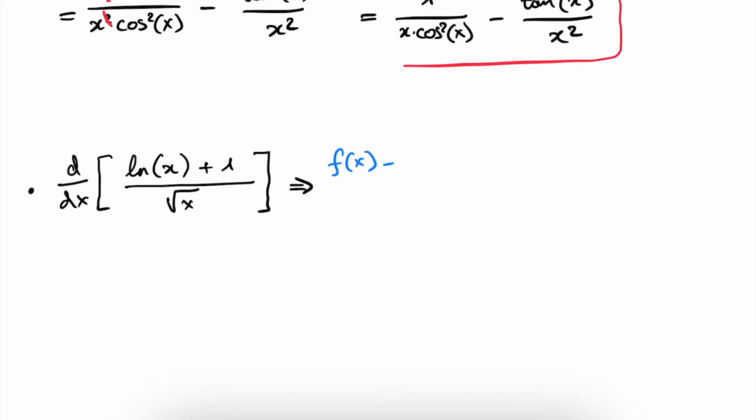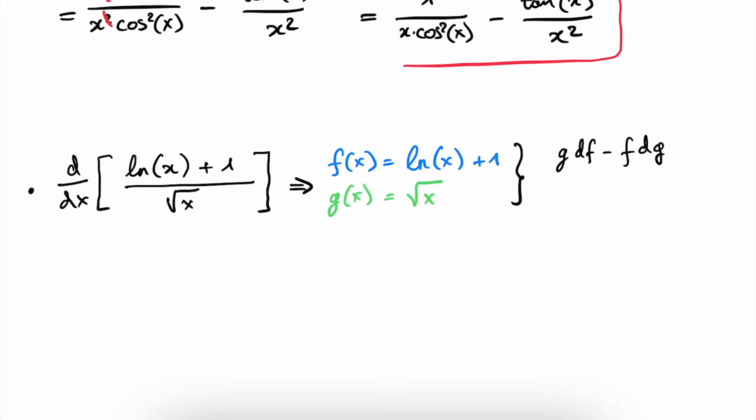So we have f of x, the function in the numerator, which is ln of x plus 1. And g of x is the function in the denominator, which is just the square root of x. And then again, we can use our formula, which is g df minus f dg divided by g squared. And let's fill this in. We have g df, which is the square root of x times